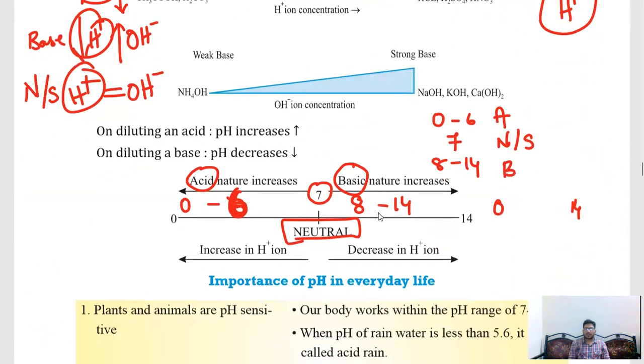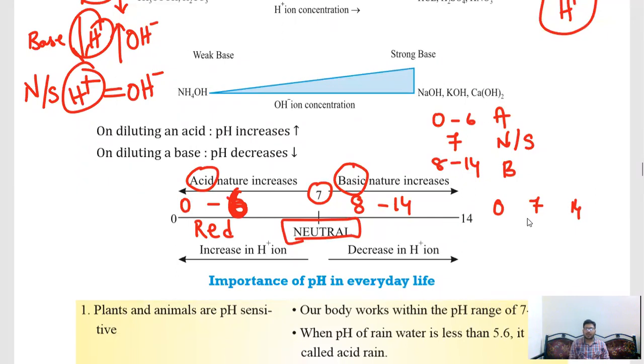So I told you, there are numbers 0 to 14. Each number is given one color. But try to remember 3 colors, that is more than enough. 0, 7, 14, remember these 3 numbers. From 0 to 6, try to remember red. Red in the sense that not all numbers will be the same red color, but variations of red: orange, dark red, light red, dark orange, something like that.